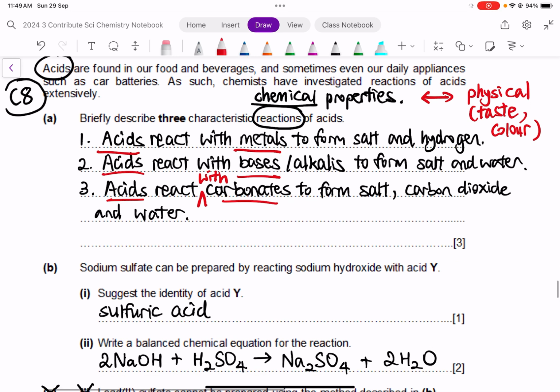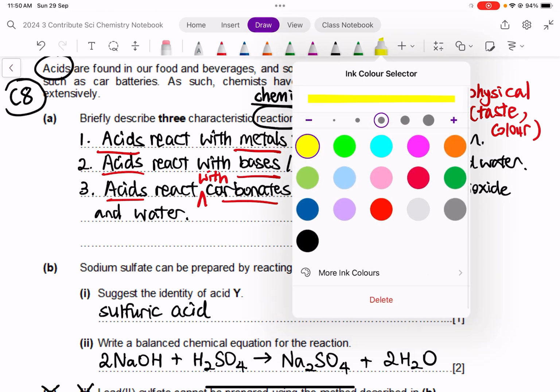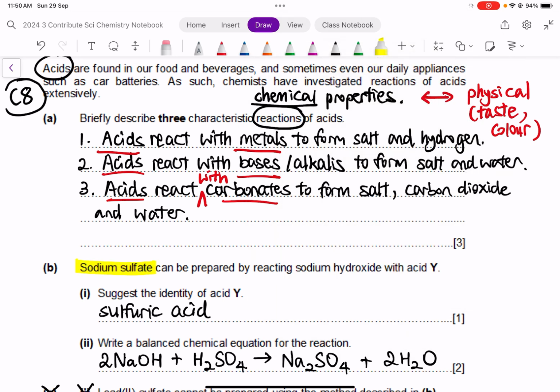Now next in part B, you are told sodium sulfate can be prepared by reacting sodium hydroxide with acid Y. So you got to ask yourself, which acid is this? Remember, the acid always influences the anion, the second part of the salt's name. So the second part of the salt's name comes from the acid. It's the back part that comes from the acid. So sulfate comes from sulfuric acid, which has the formula